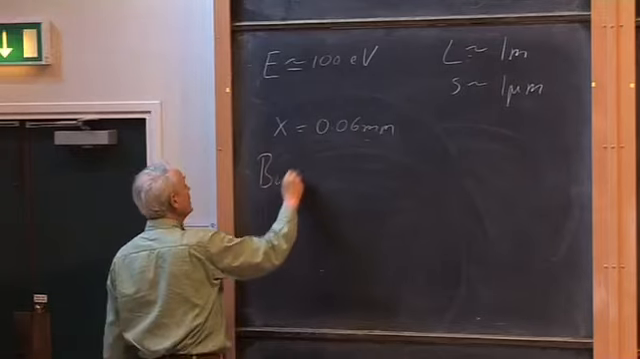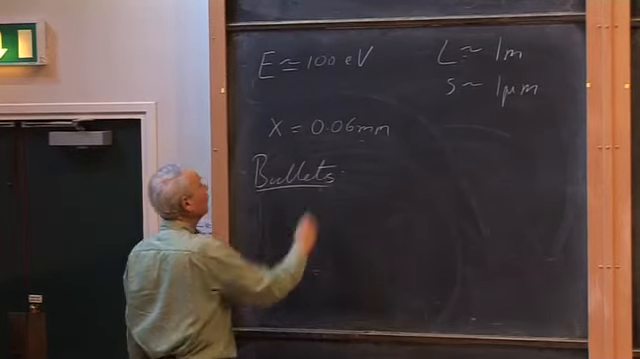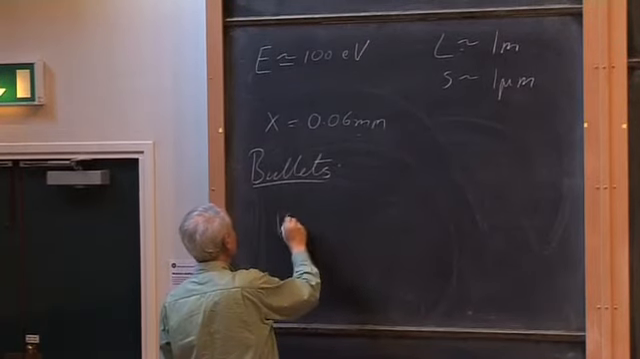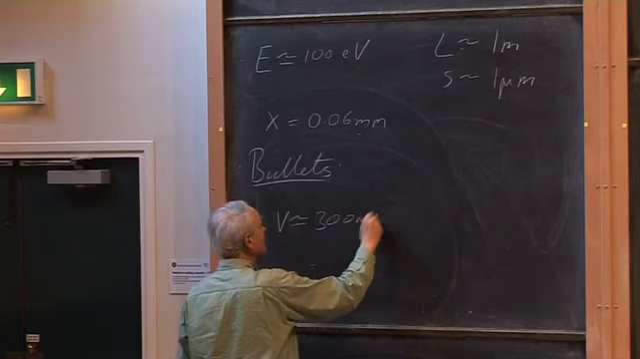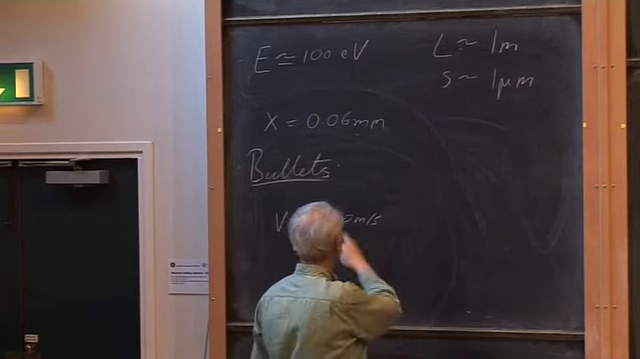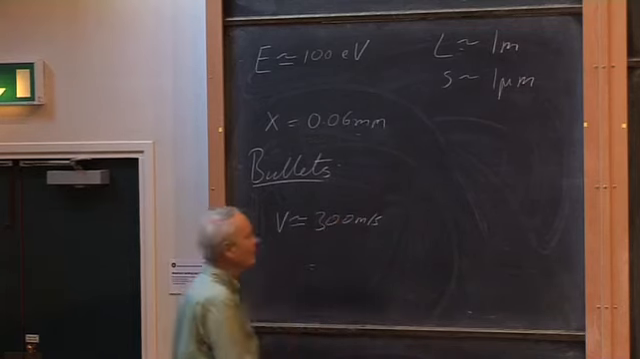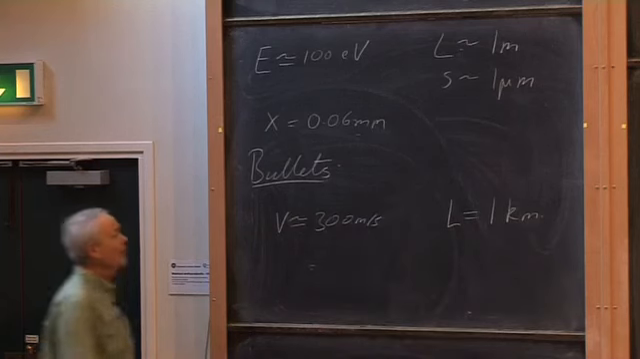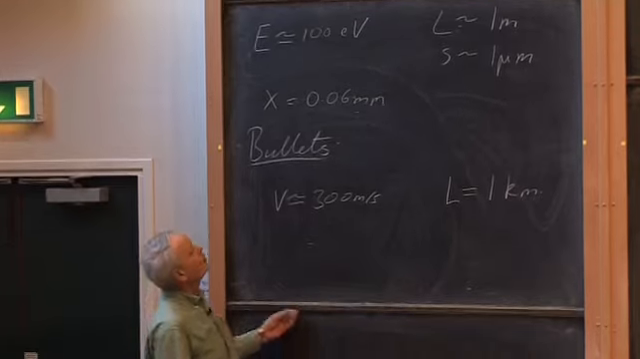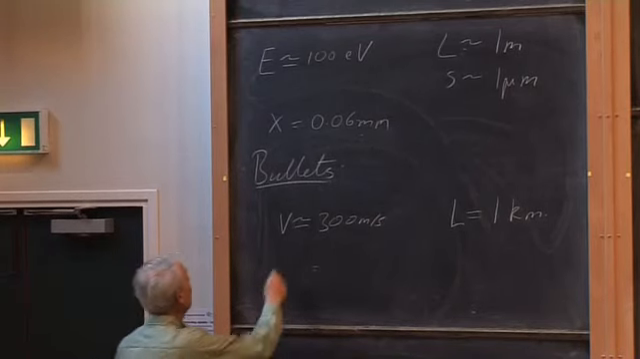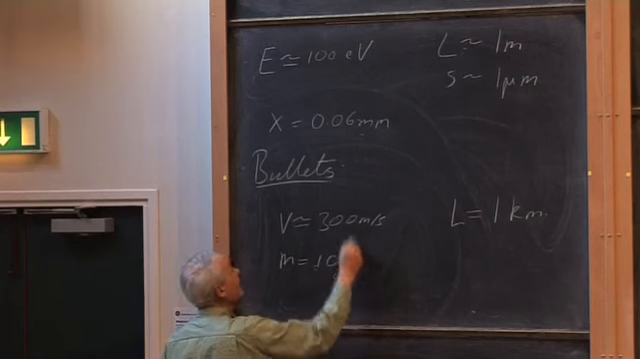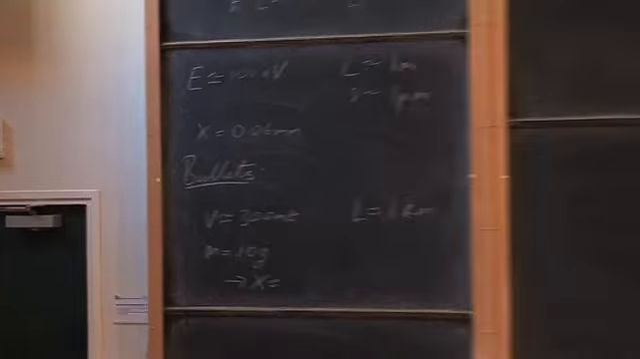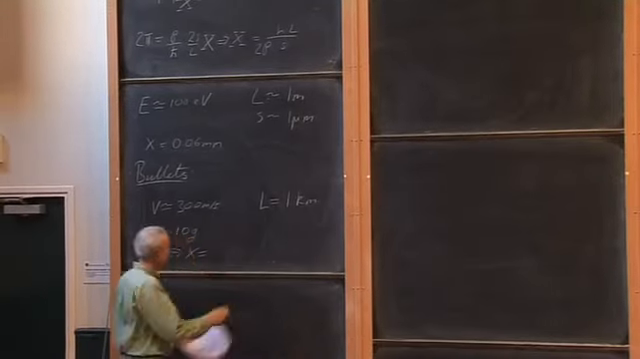If you do the same thing with bullets, where we're not expecting anything to happen, what could we do? We would take the velocity from a gun as, say, 300 meters a second. It might be a bit faster these days, I'm not sure, but that's faster than sound, so that's a reasonable ballpark figure. Suppose we took L to be 1 kilometer, 1,000 yards, a pretty reasonable shooting distance for a rifle. And if we took the mass to be 10 grams, put it into the same formula, we discover that X is some ridiculous figure, 10 to the minus 29